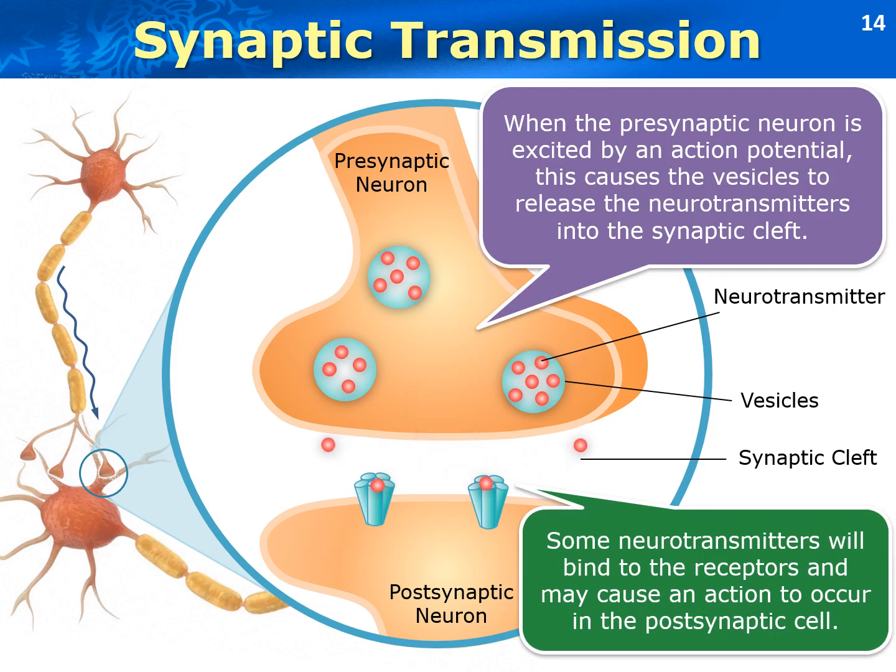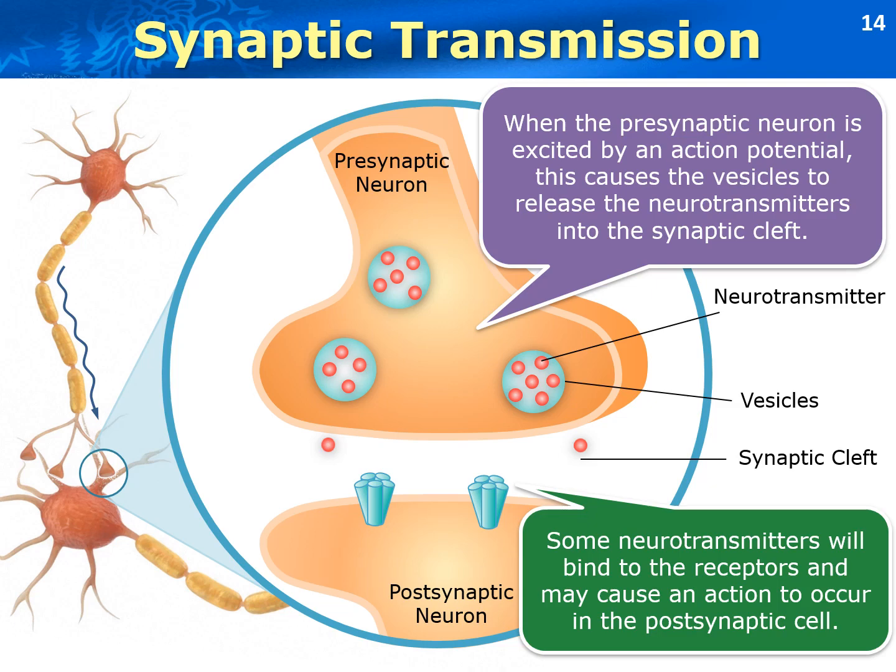Once in the synaptic cleft, the neurotransmitters interact with receptors on the postsynaptic membrane. They bind to the receptors and can cause an action to occur in the postsynaptic cell. This action may increase the chance of the postsynaptic cell being activated and firing an action potential. This is how the signals are transmitted from one neuron to another through neurotransmitter molecules in the synapses.